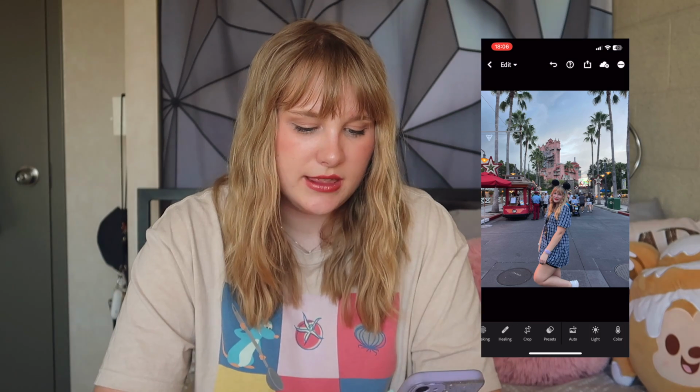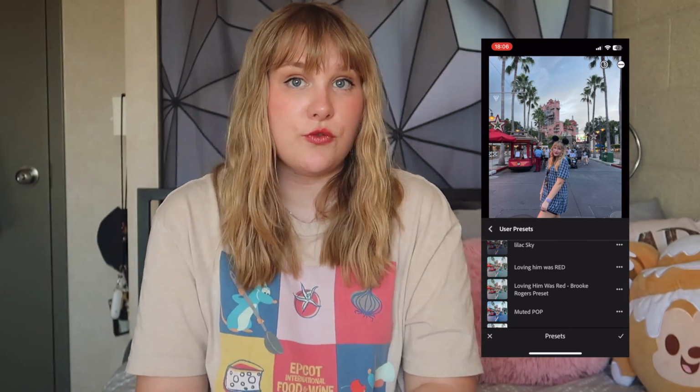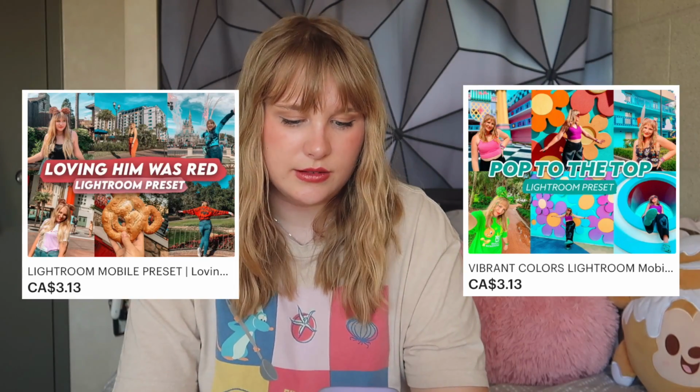But the first thing I'm going to do is apply the preset, and the preset I'm going to apply is Loving Him Was Red. I didn't mention before, but my presets Pop to the Top and Loving Him Was Red are going to be